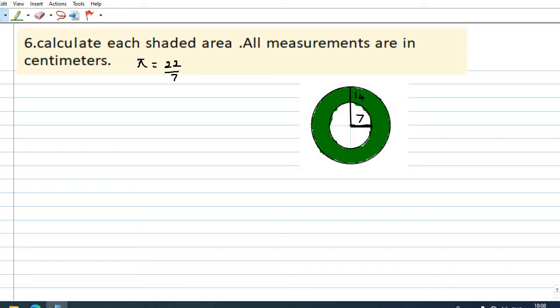So the only thing I am going to find out is the shaded area. So what is it here in the green color? No, that I am going to find out. So what I am going to do is, first I am going to find out the area for the outer circle as well as the area for the inner circle. After getting these two, I am going to subtract. Once I subtract, I can get the shaded part. Can you understand? Let me see how we can do this. Listen. Solution.